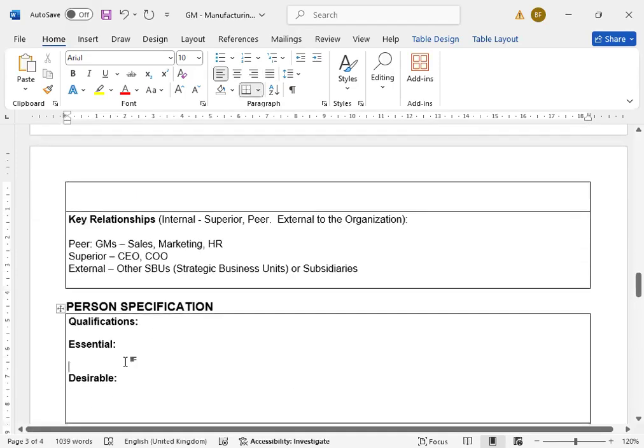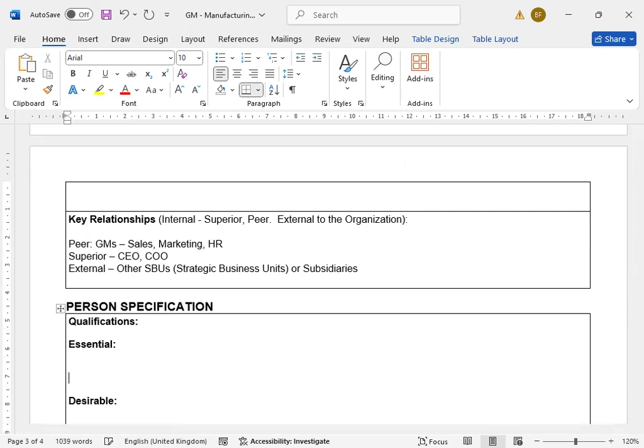There are two qualifications. One is essential. The other one is desirable. Desirable is not really important. What's important is the essential, because this is what the company really needs. Desirable is okay: if he has that qualification, it's okay. If he doesn't have it, it doesn't matter. So for the essential, I would say